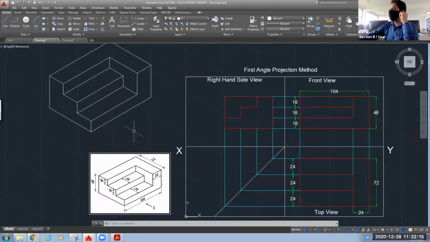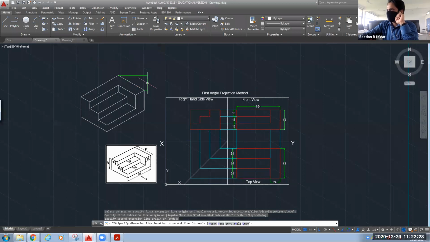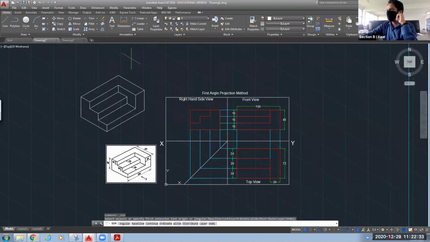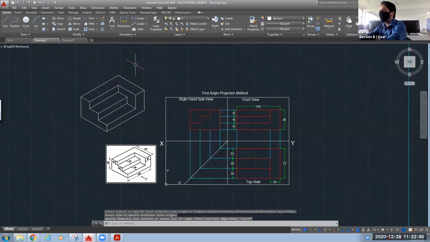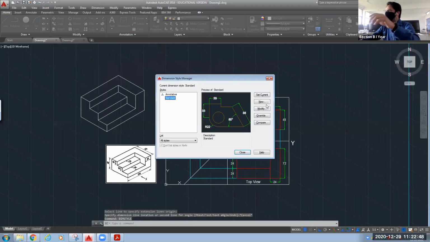Okay, now I don't know whether we will be able to give the dimension in this isometric view or not. So let's check it out. Go to dimension. Oh yes, I can give the dimension. Go to dimension. Oh, but it is only giving horizontal and vertical. So I will go to dim style. Dim style, go to modify, and here